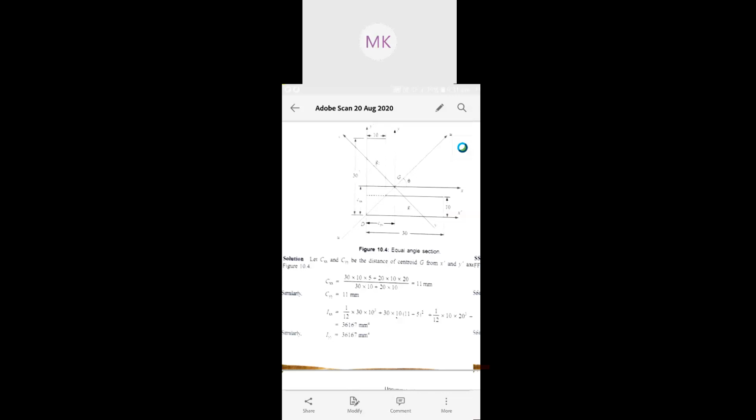So now let us see how we need to solve this in the numerical. What is A1? If we divide the L section into two different parts, we need to find out the area of both sections. If you consider the below part as A1 and the upper part as A2, what will be the area? Can anyone answer me? What is A1? What is A2?